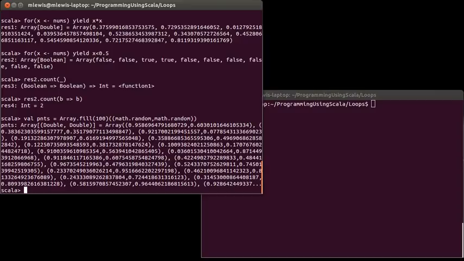And now I want to produce a new array that has the distances of all of these things from the origin. Now we could have done this with map, but we can also do it with a for loop. And really, which one you decide to do is kind of a matter of style. Now there is one advantage to this, and we'll come back to this in a bit, which is the fact that I could say this is for tuple t in points, and then I could use t._1 and